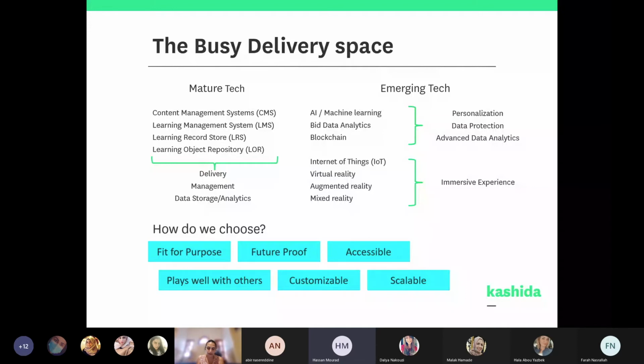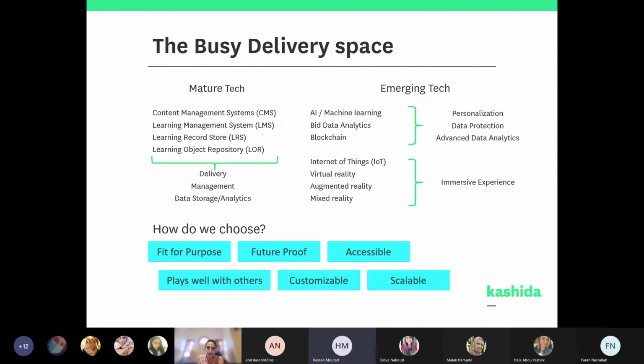And now Riyali is still our client. We're now doing a lot of technology services as well as content services that we provide. So I'm going to touch on the platform or the delivery space as part of this project. Currently, it's a very busy space. There's a lot of technology, a lot of platforms, and somehow the industry is struggling to pick and choose what to use where. There's a set of mature technologies that are widely available, and there are so many options to choose from, such as the CMS, typical content management systems that are used in websites or larger portals. There's the learning management system.